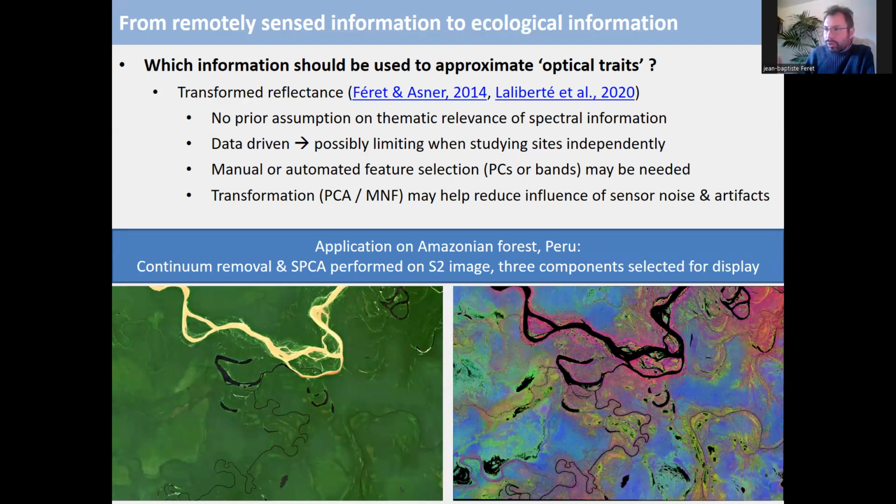Basically, to illustrate it, if you get, for example, a Sentinel-2 image from tropical forest in Amazonian Peru, you can perform the different processing steps in order to get 3 components that we select for display, which allow identifying different types of vegetation types. So this can be done in a relatively simple way,